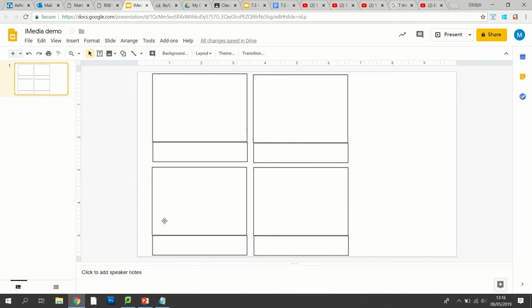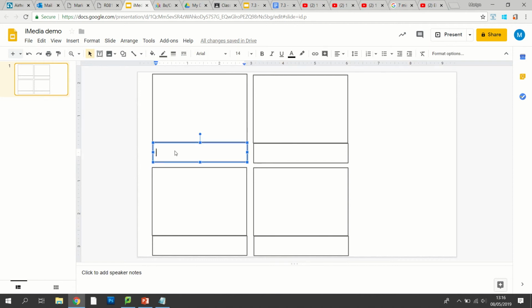So I could say, right, this first scene here, scene is 5 seconds long. Camera will zoom in for a close-up on main character.